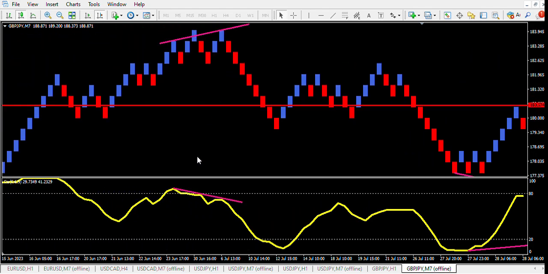Oh, here's another one right here. So you can see we're kind of going up right here. It had started just about right in this area where it was overbought, and then of course it went up like this. See how it's going down in the stochastic area? So you could have entered